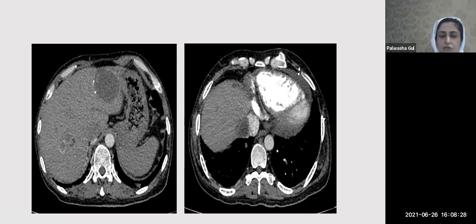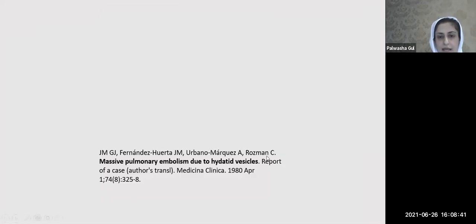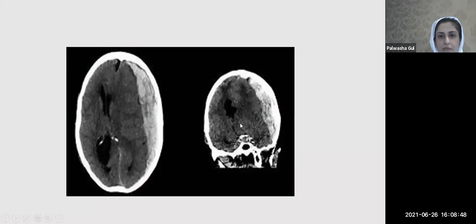Okay, so this was again something common. Most of us see hepatic hydatid cyst, we commonly report it, but this was with some atypical presentation. And then I searched up the text again, and there was some case report of massive pulmonary embolism due to hydatid vesicles. Case number